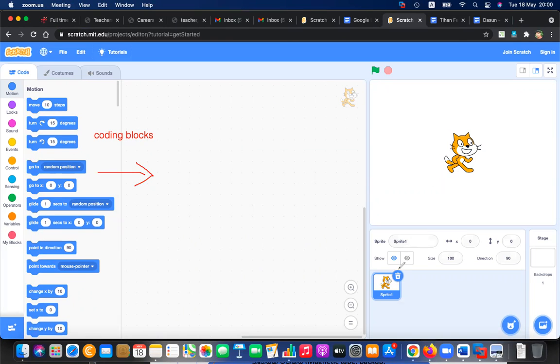And this is called sprite. Right? This is sprite. And this is how you can take new sprites. And this is how you can change the background of this. You can click and search the background and apply. You can click and search sprite and apply. And this is your stage. This is where